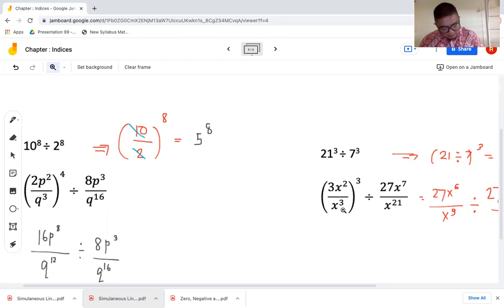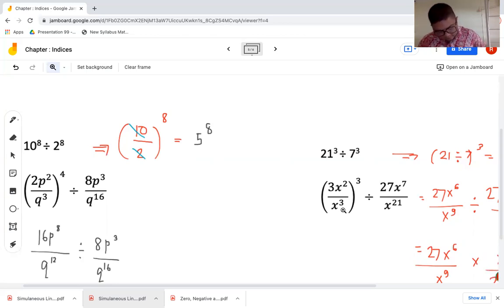So again, you will just be flipping this value. So you will have 27 times x raised to 6 over 27, x raised to 9 times x raised to 21 over